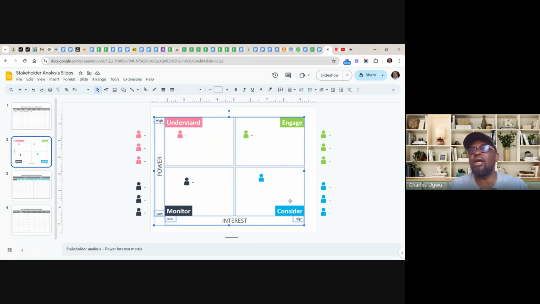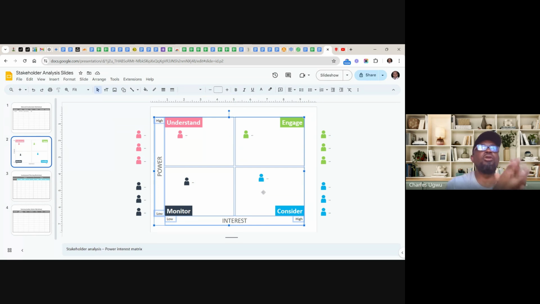So what they are looking for is just for you to give more information about what's going on. You have to consider their position, their role, and make information available to them as much as you can. They will need training after this. So these are things you need to put into consideration while implementing this. They need to be carried along. Though they don't have power to stop you, mind you, they are the end users of this particular solution you are implementing. So you need to consider them.